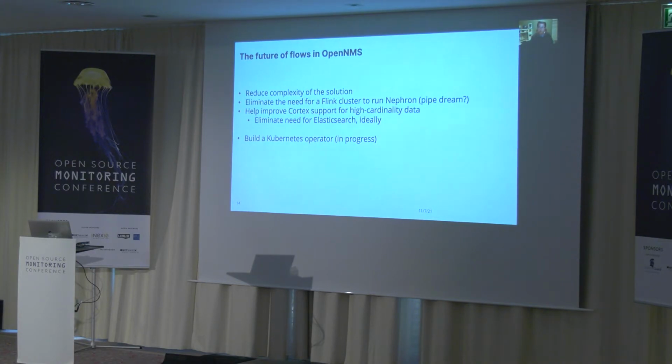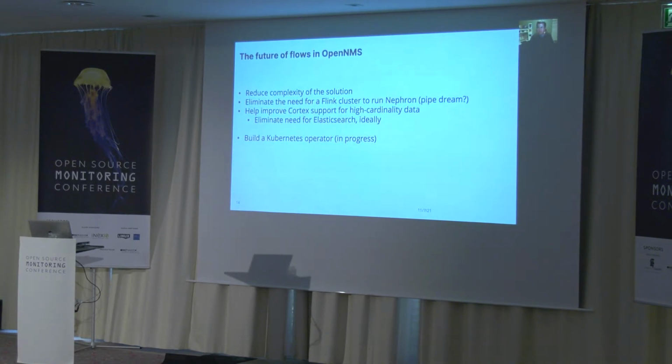Another thing that would be awfully nice is to make it possible to store flow record documents in Cortex without the need for Elasticsearch. The reason we still need Elasticsearch today is that flow data has an incredibly high cardinality. You have to multiply together the number of possible values for every dimension that you care about tracking. For instance, every combination of possible source IP address, every combination of possible destination IP address,